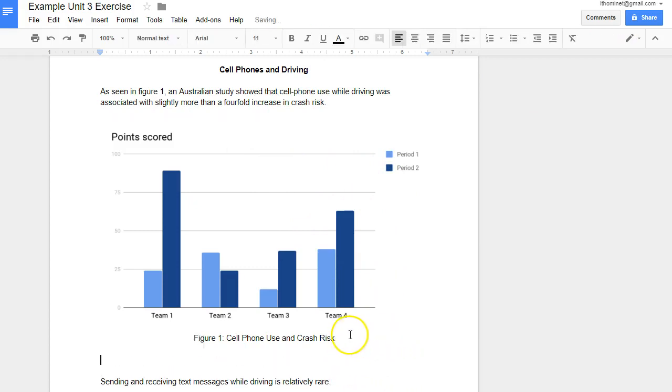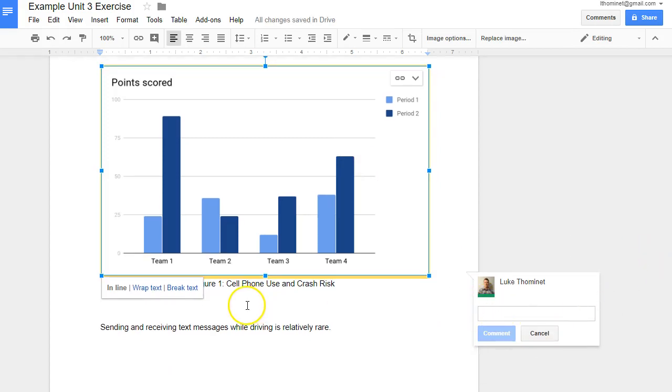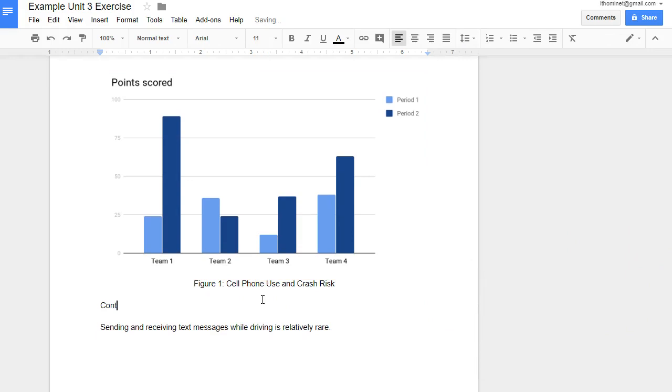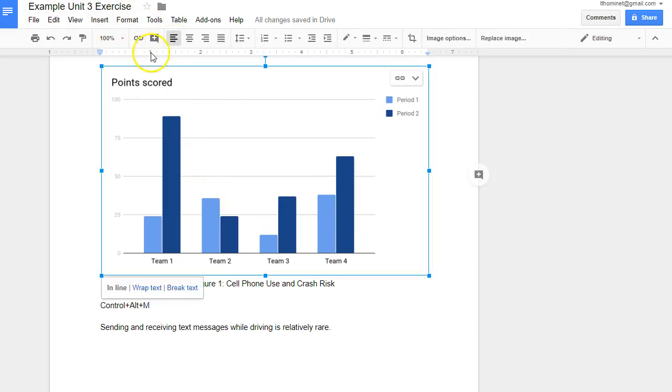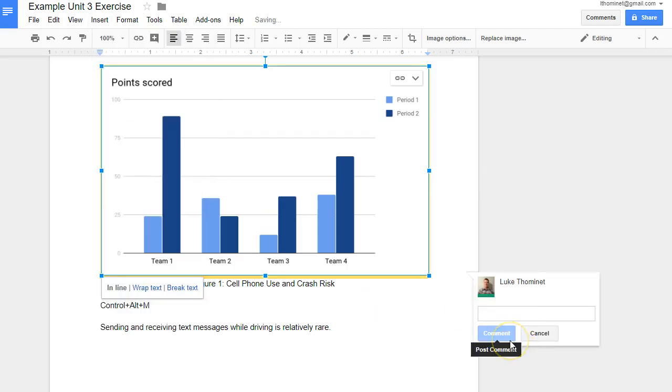Now you can do this a few different ways, but I think the easiest way is just to use the commenting feature. That would be Control-Alt-M. That's the shortcut for it. It adds a little comment over here. So if you press Control plus Alt plus M, that'll do that. You can also do it by going up to Insert and going down to Comment. And I'll add that over there, and then you can just give a quick reason of why you chose this